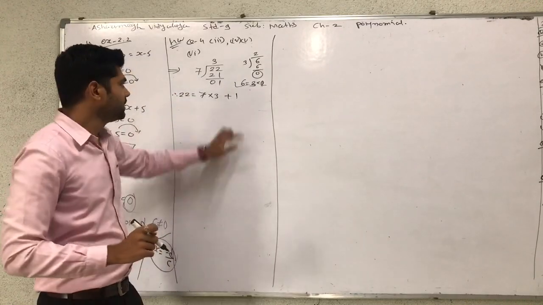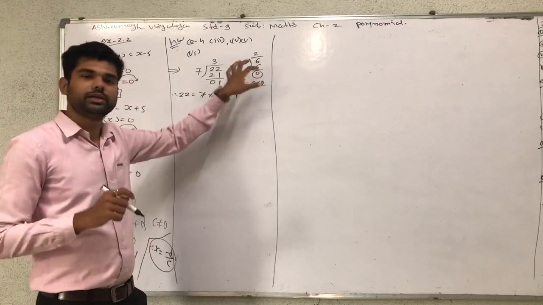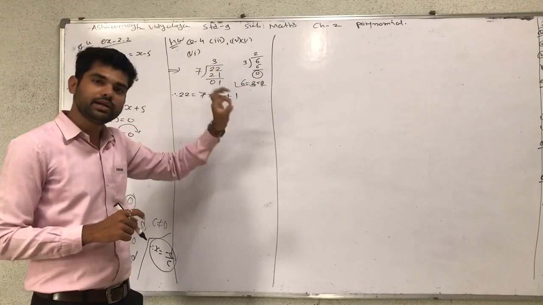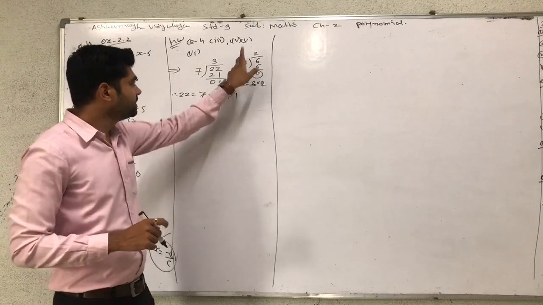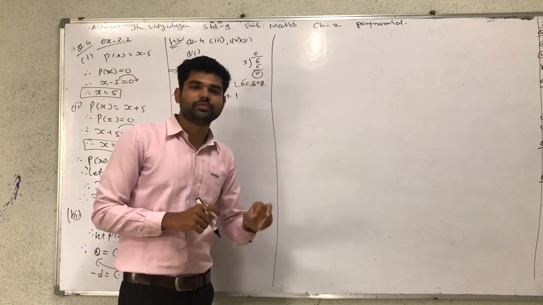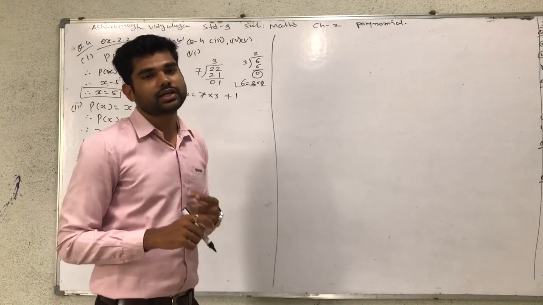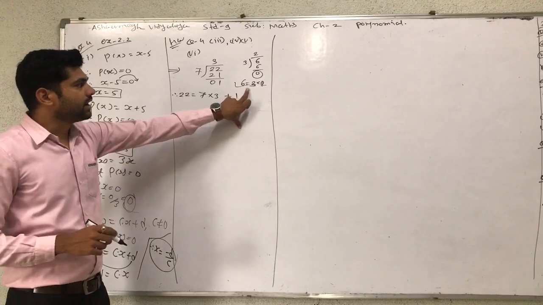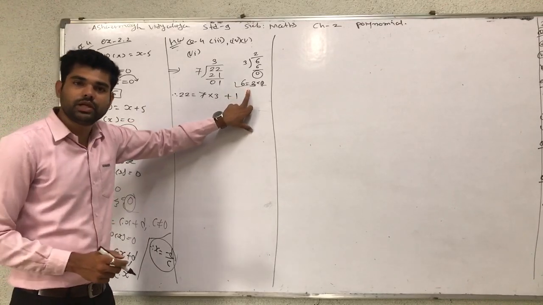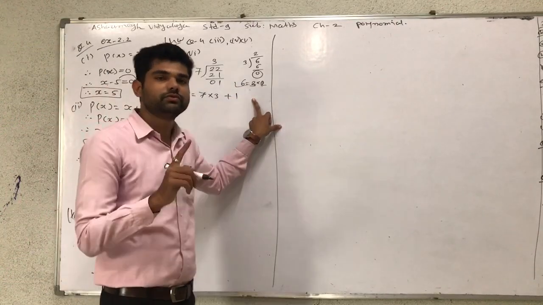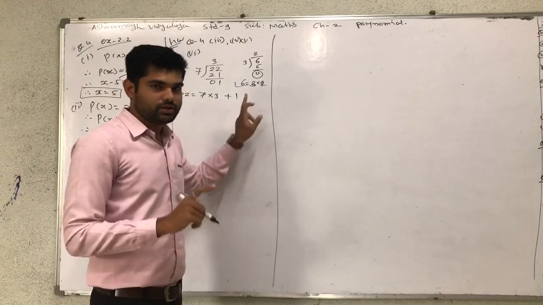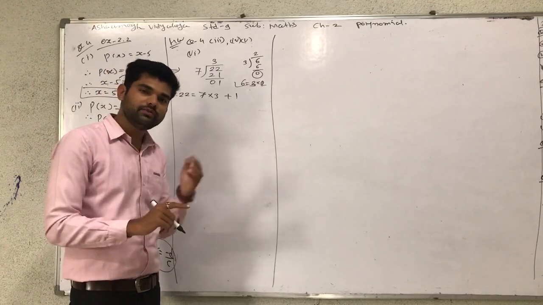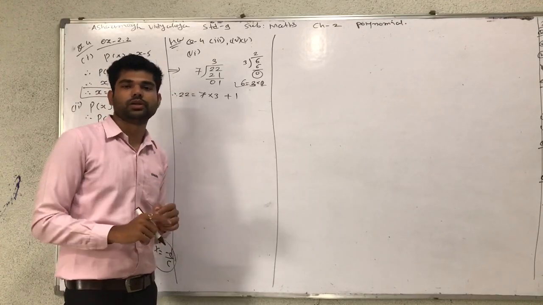So remember friends, when one number is divided by another number and the remainder is 0, it means the divisor is a factor of the given number. Remember this important topic. We can say that one polynomial is a factor of another polynomial when the remainder is 0 on dividing one polynomial by the other.